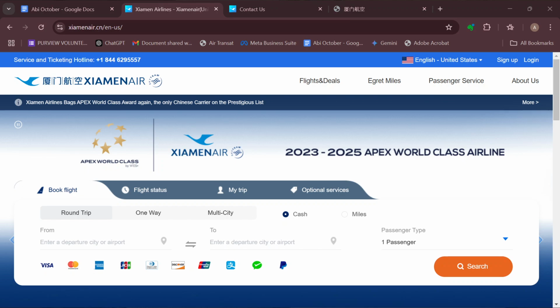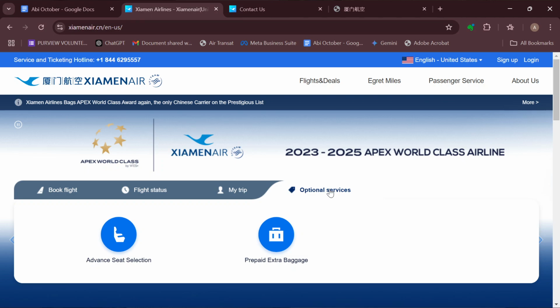So the first step is for you to log into your Xiamen Airlines account, just like I've done here. And once you're on this accounts page, the next step is for you to move to the section where you can see book flights, flight status, my trip, optional services. But before then, ensure that you're logged into your account, all right? So once you're logged in and you're on your home page, click on the optional services option and then click